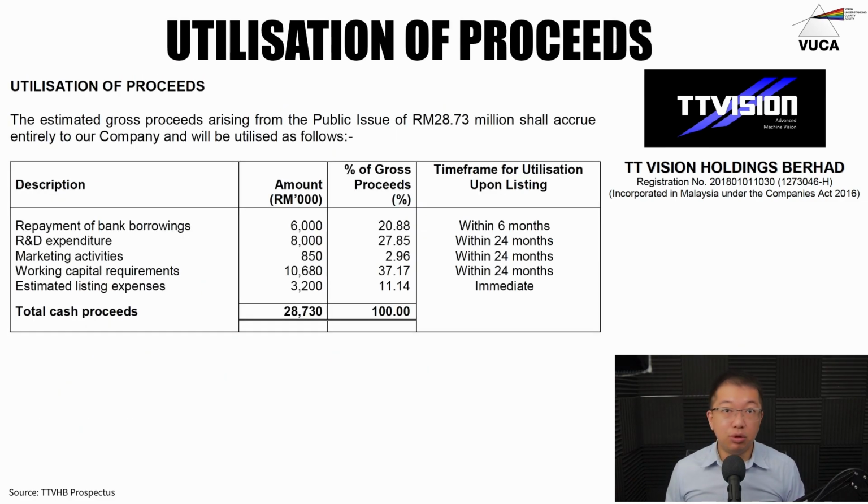So next up, the utilization of proceeds, or how are they going to use the IPO money? A big chunk goes to working capital requirements, roughly about 11 million or 38%, or 37%, apologies for that. Next up, R&D expenditure, 8 million or roughly 28%. And next up is repayment of bank borrowing, 6 million. And total cash proceeds or amount raised will be roughly about 28.7 million, giving it a market cap of roughly